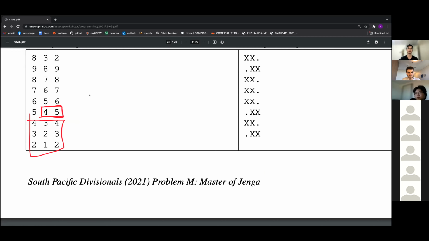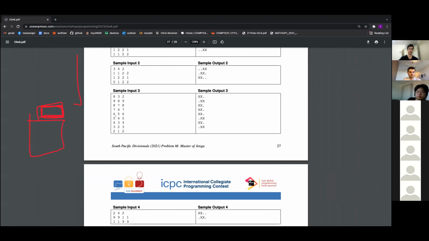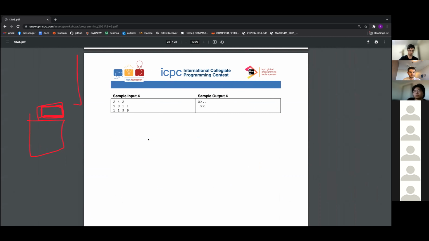You know what? I'm going to change my state. My state is going to be: if we last placed this block, what is the maximum score we can get building from now on? So say our last block was placed here. What is the maximum score we can get building only above it? Okay. So our last block placed will be specified by a row and a column. So DP of row and column.